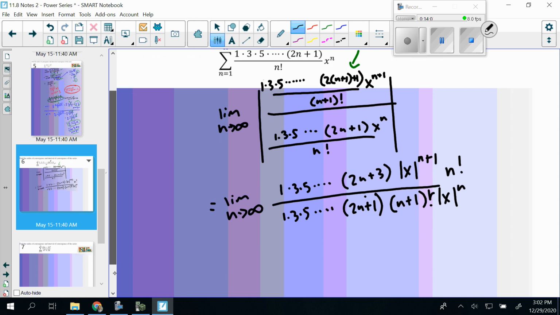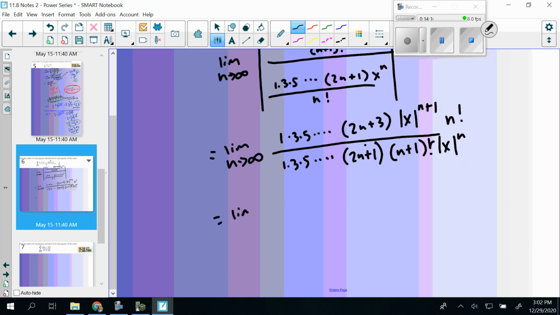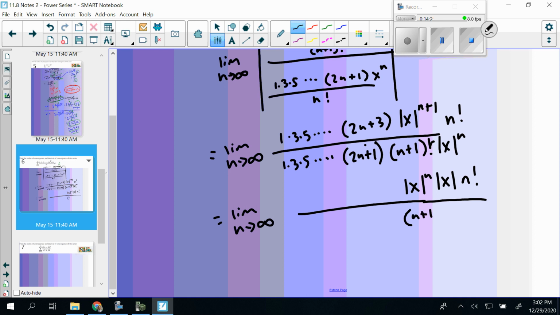Well, we've seen before with some of this stuff how we can simplify here. So with our absolute value of x to the n plus 1, we can write that as absolute value of x to the n times absolute value of x to the first power. On bottom here, n plus 1 factorial can be written as n plus 1 times n factorial. And we got this. So some of these things are going to cancel. That's going to cancel. That's going to cancel. But what about this